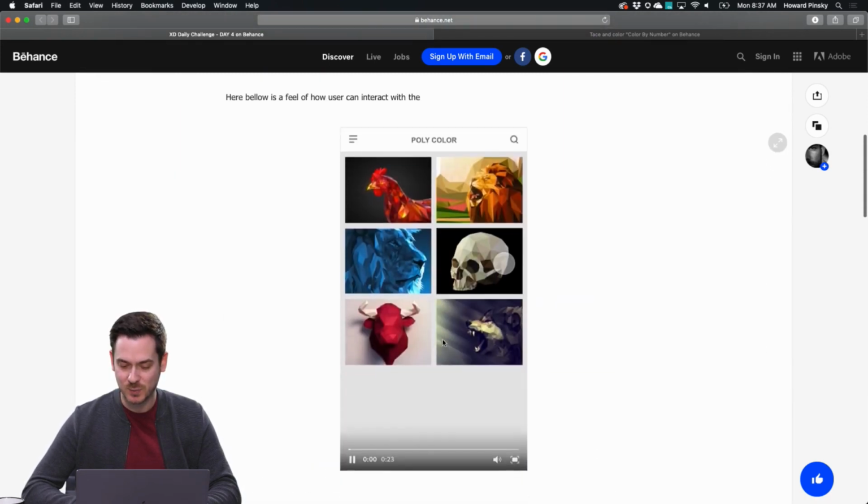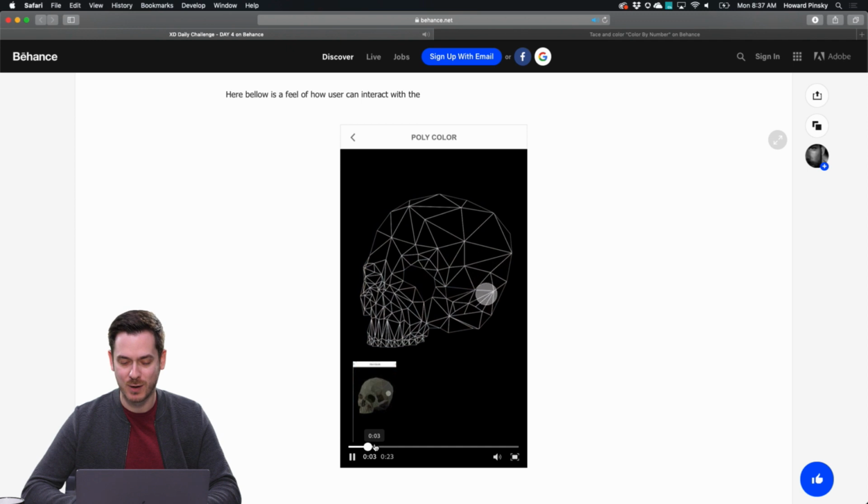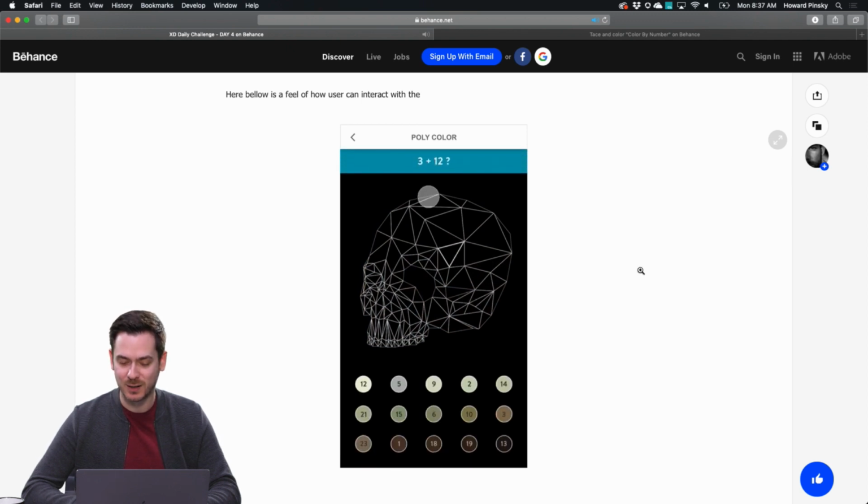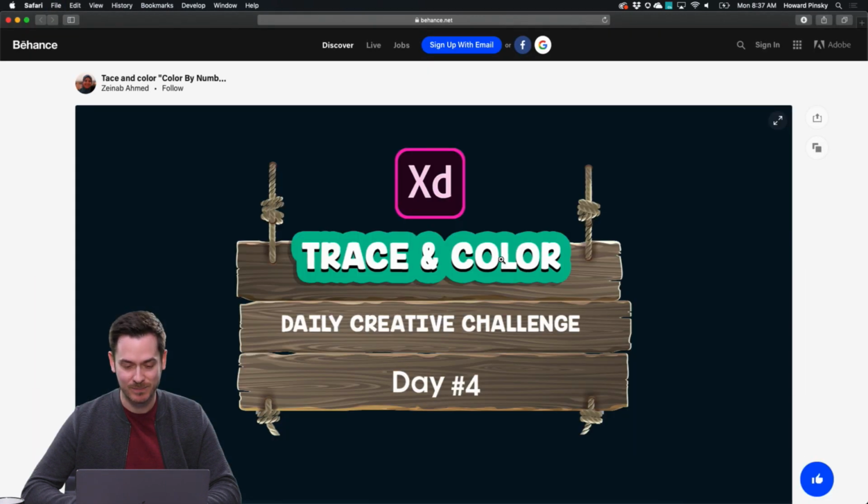It's like a math-based one where you have to actually use your brain, and in order to pick a color, you have to answer a math question. Not for me, but I think it's kind of cool. It's a nice implementation. And then finally,